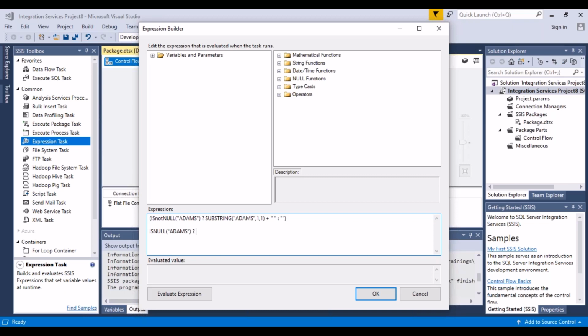If it is null, then I just want an empty value. Else, denoted by a colon, I want this value. Okay. So this is an A. Okay. So this is an if then else. What is basically written over here is,